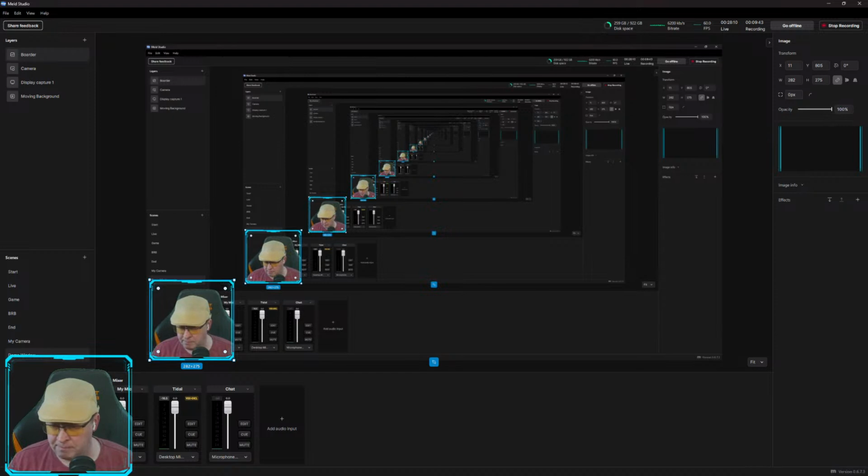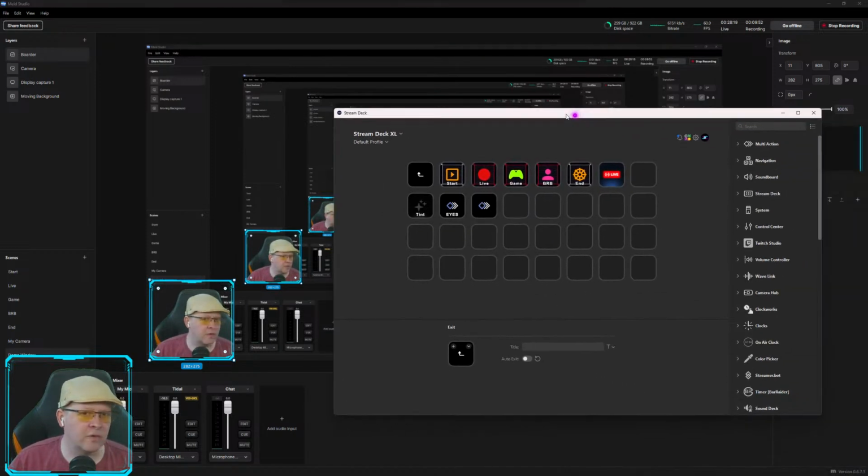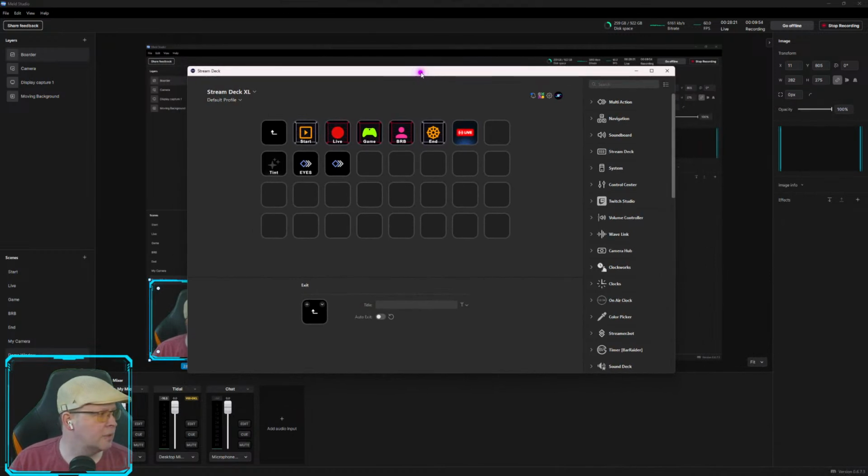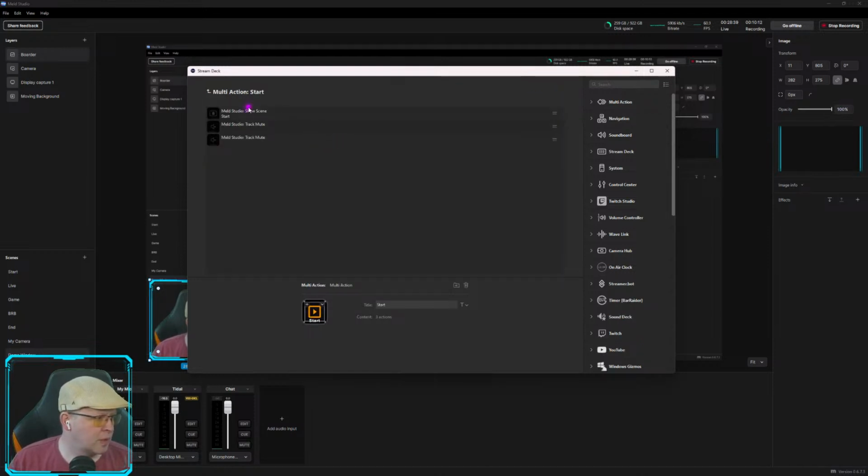But their Stream Deck plugin is pretty nice. Let me bring that up and just pull it over here. Yeah, there we go. So this is my Meld. These are all multi-actions here. So if I go into it, this is the demo window we're on now. But if I go into start, so I have the show scene,